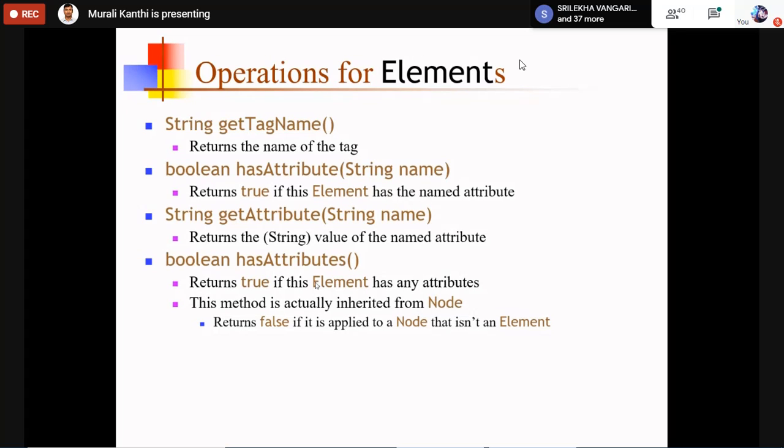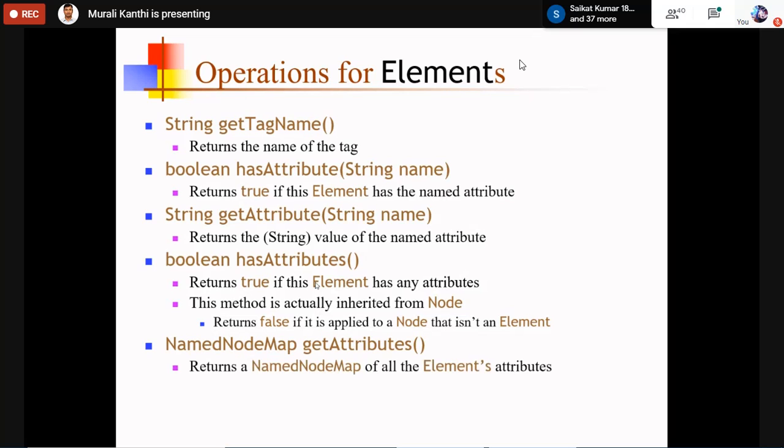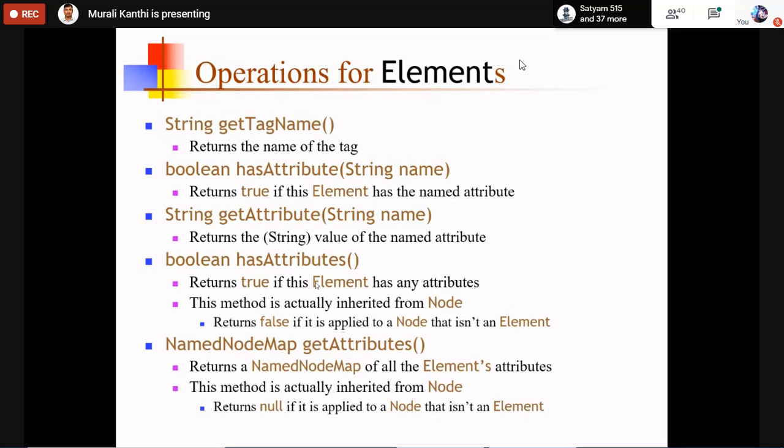Next, the NamedNodeMap getAttributes method returns a NamedNodeMap of all the element's attributes. This method is also inherited from Node, and returns null if it is applied to a node that is not an element, the same as hasAttributes.